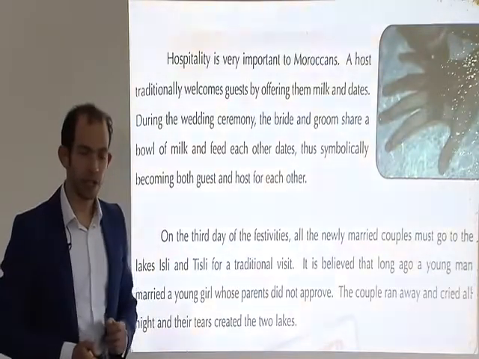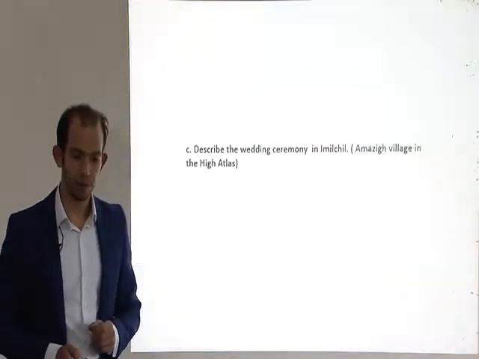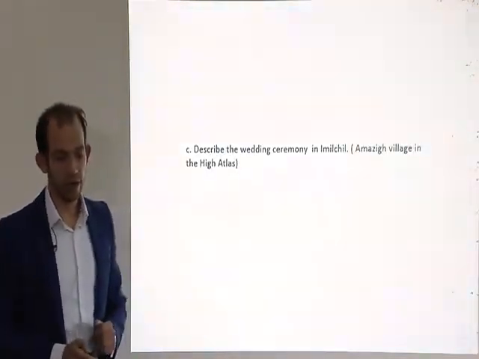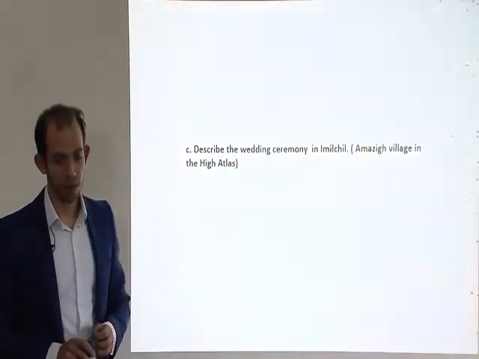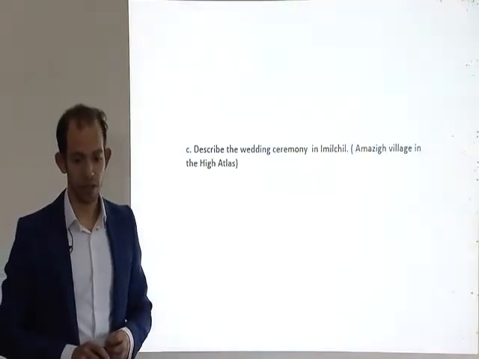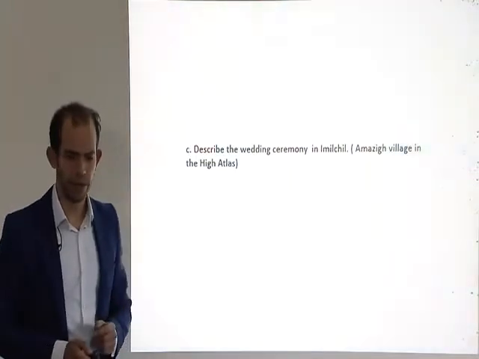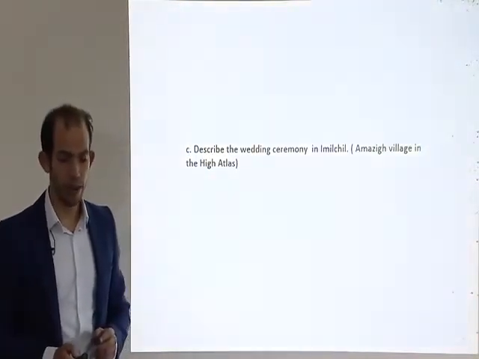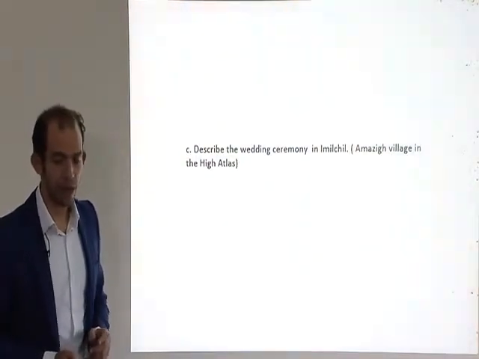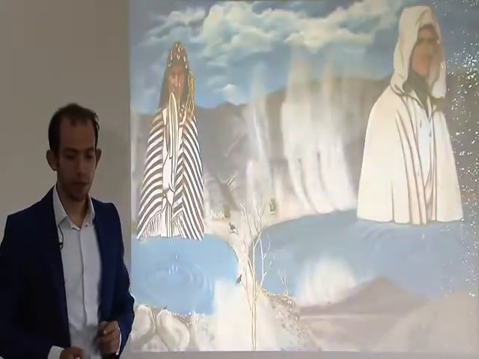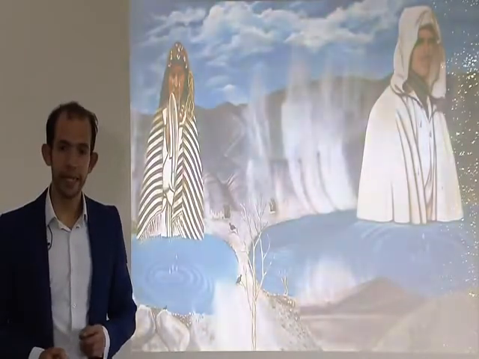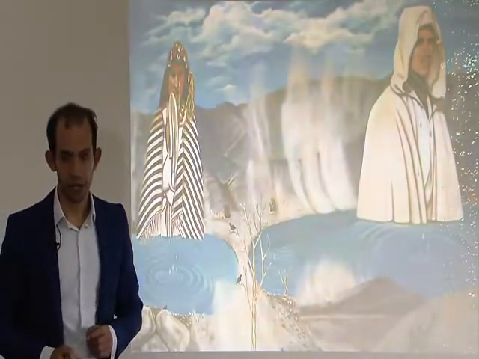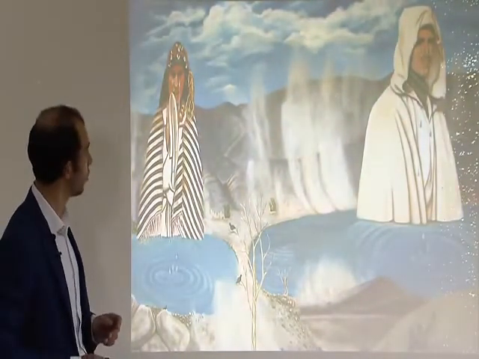So what do you think the text is doing? So of course, if you have chosen answer C, you're correct. So the text is describing the wedding ceremony in Imilchil Festival, and Imilchil is an Amazigh village in the High Atlas. So if you don't know what the Isli and Tislit legend is, here is a photo that represents exactly